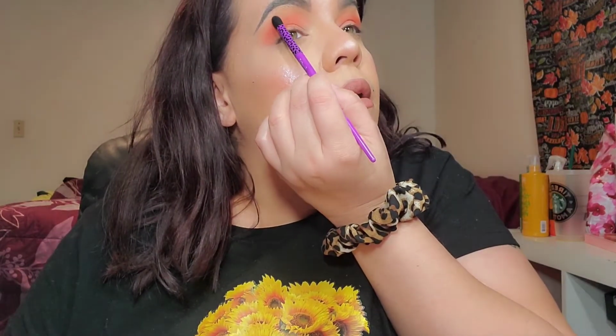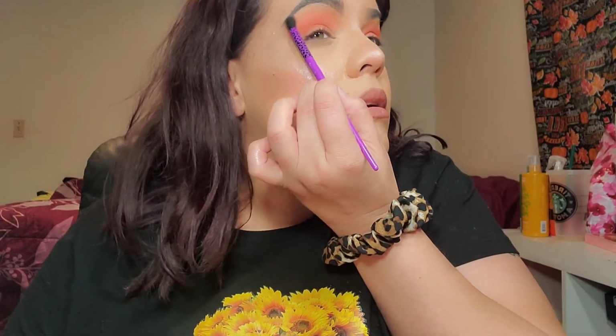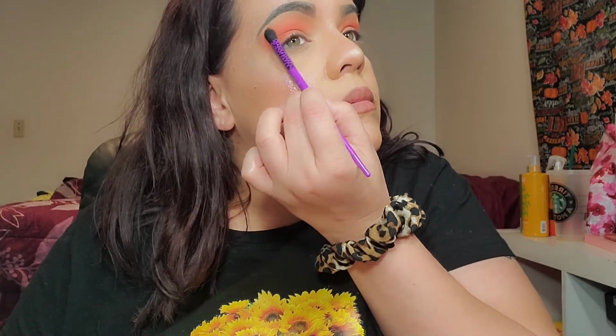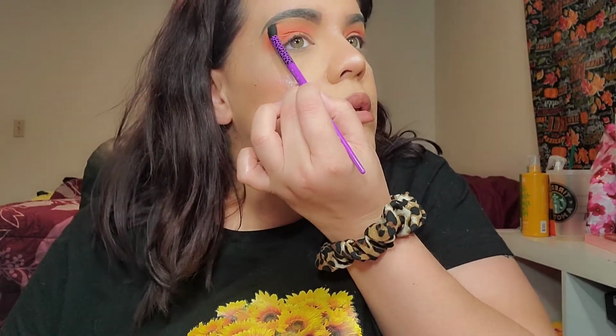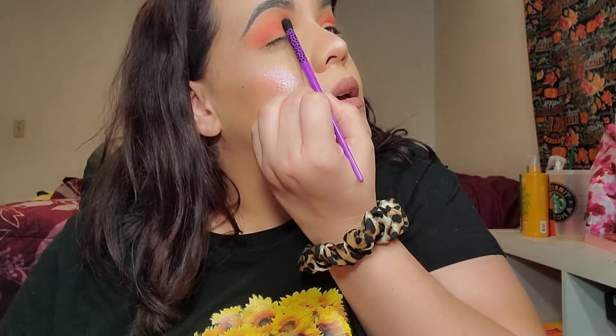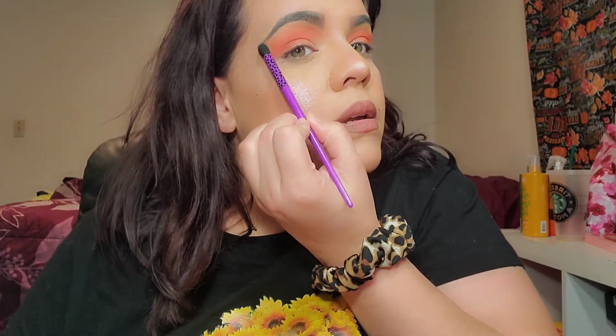And I'm going to put it right on top of this orange and kind of blend it up closer to the brow area. You always want to go a shade up so it looks more blended. You want to go a shade lighter. So that is kind of blended out, and you just don't have that bright orange, you know. So I'm going to blend our edges. I'm doing small circular motions. Blend it out